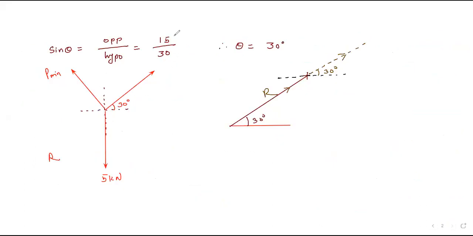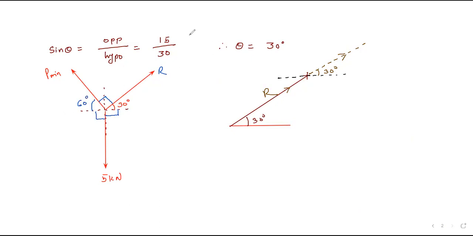So here, now I will show the R at this point. This angle is already 90 degree. For least pull, this angle should be 90 degree. Okay. So we will calculate all other angles. This also 90 degree. This angle is also 90 degree. So what will be this angle? This total is 180, out of which this is 90, this is 30. So 90 plus 30, 120. So this remaining angle will be 60 degree.